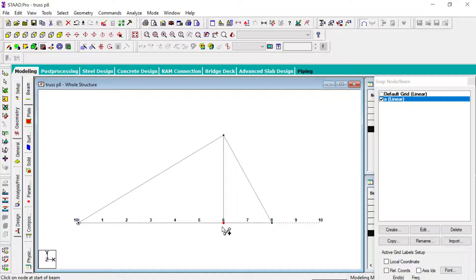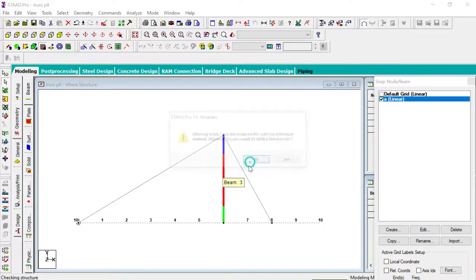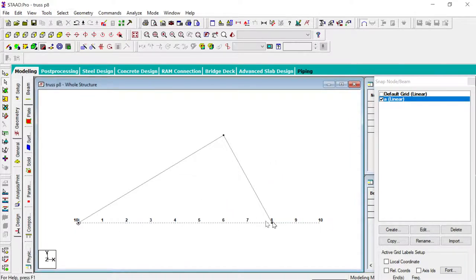Okay, after this, this bottom beam is divided into two parts, 6 meter and 2 meter, but in STAAD we require the combined geometry. Although we have divided the whole span of 8 meter into two parts, it is only for constructing the vertical line or for getting the apex. After getting the apex you can delete this bottom 6 meter and 2 meter, because we require the complete 8 meter beam.